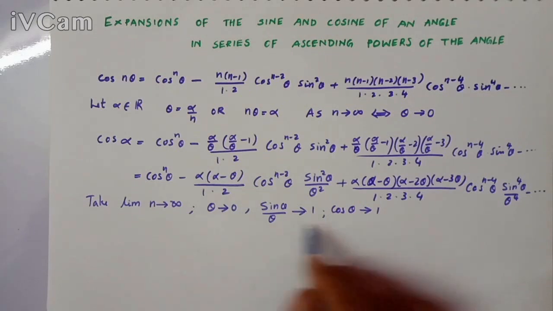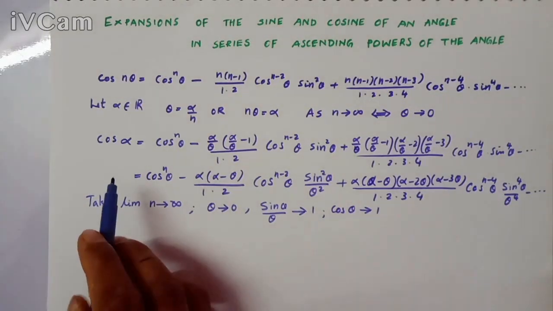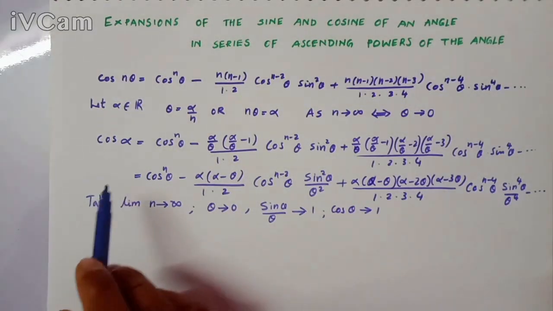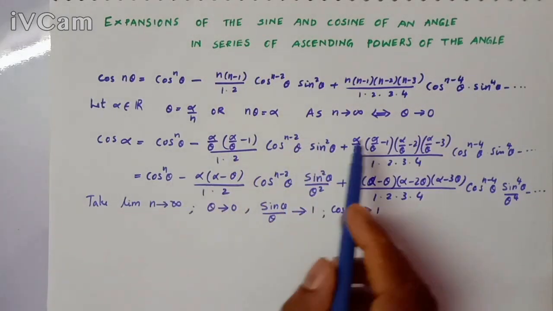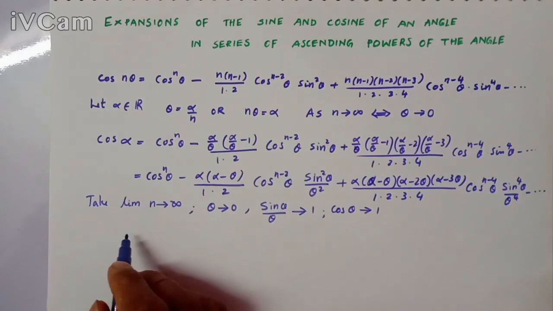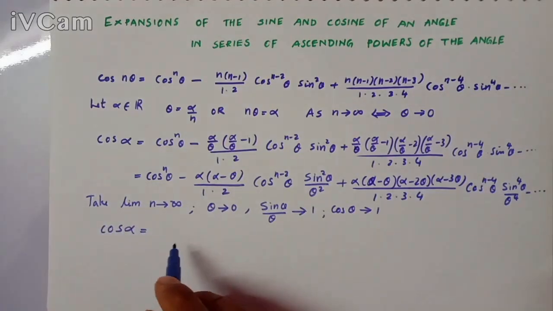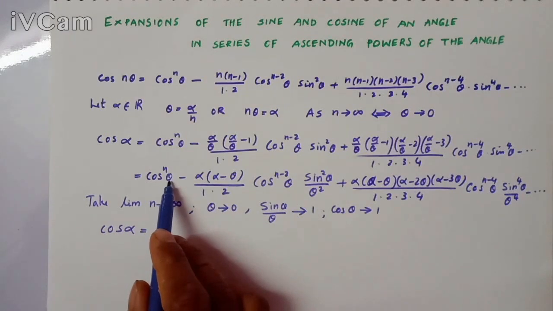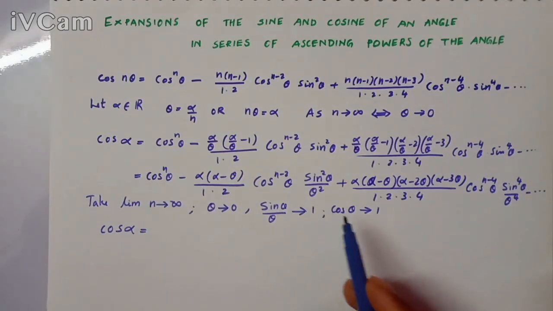We have this much limit. So there is no change in the left hand side. So there is only independency for this theta and n. So I write this: cos alpha is equal to, as theta tends to 0, this cos or n tends to infinity, we have theta